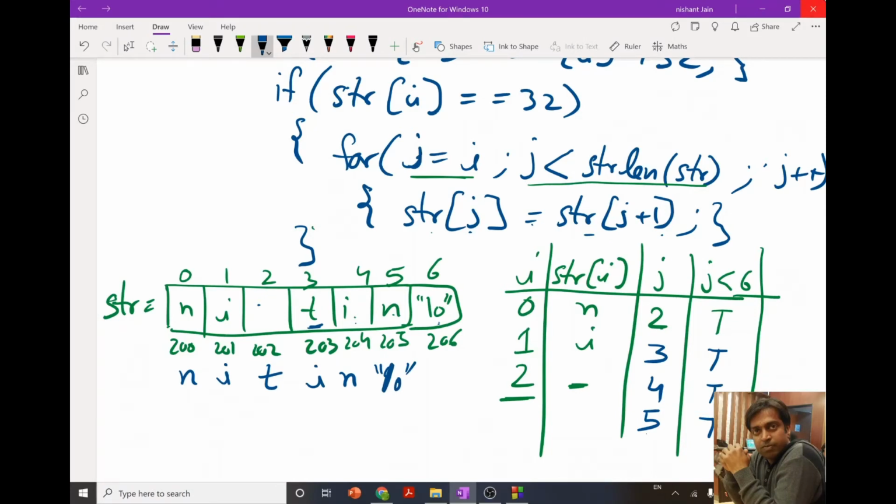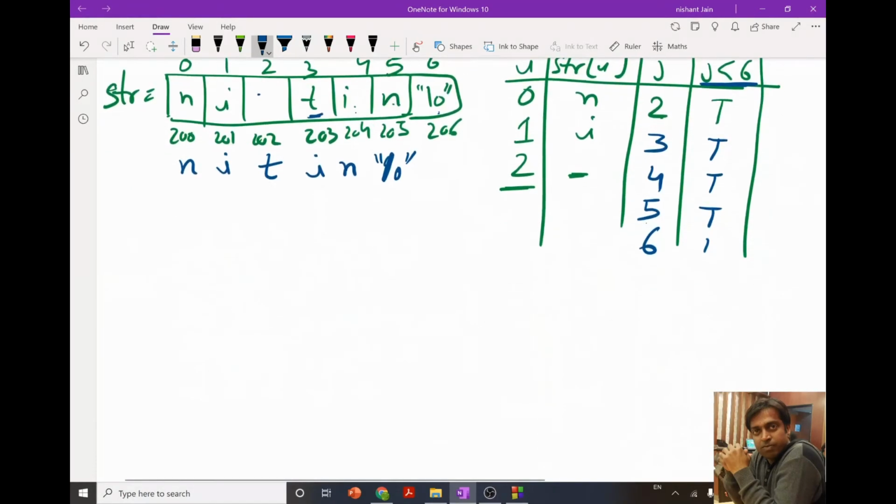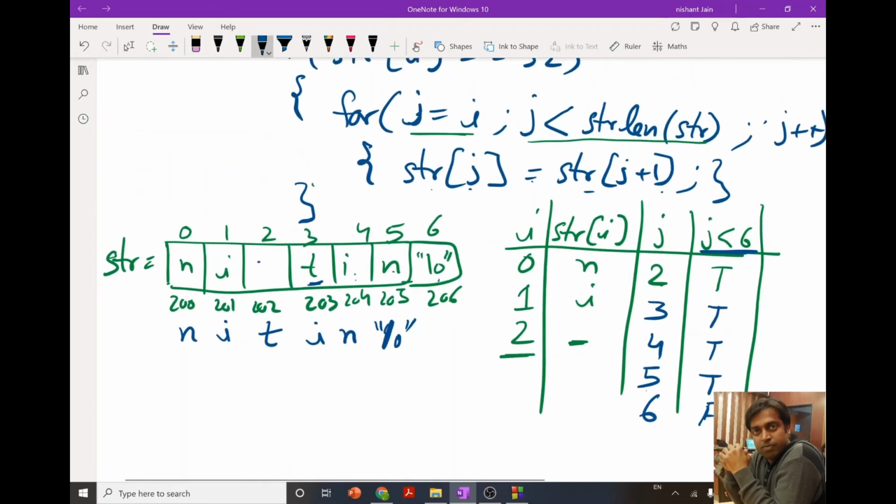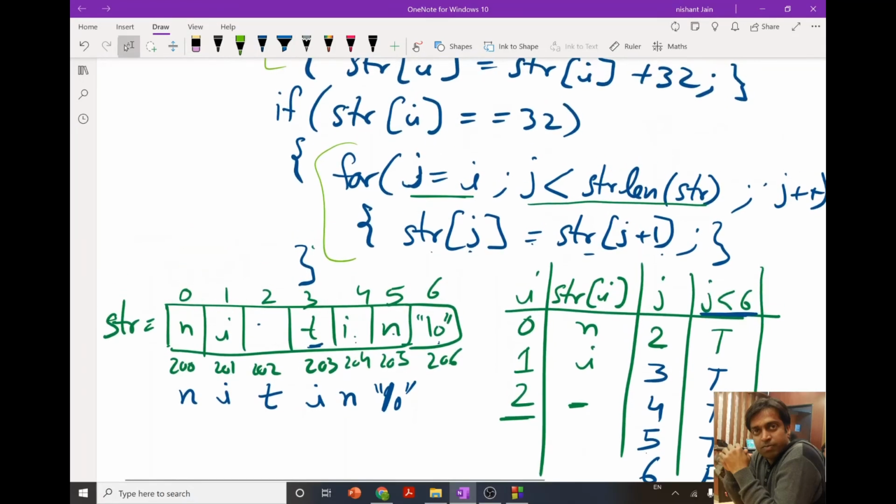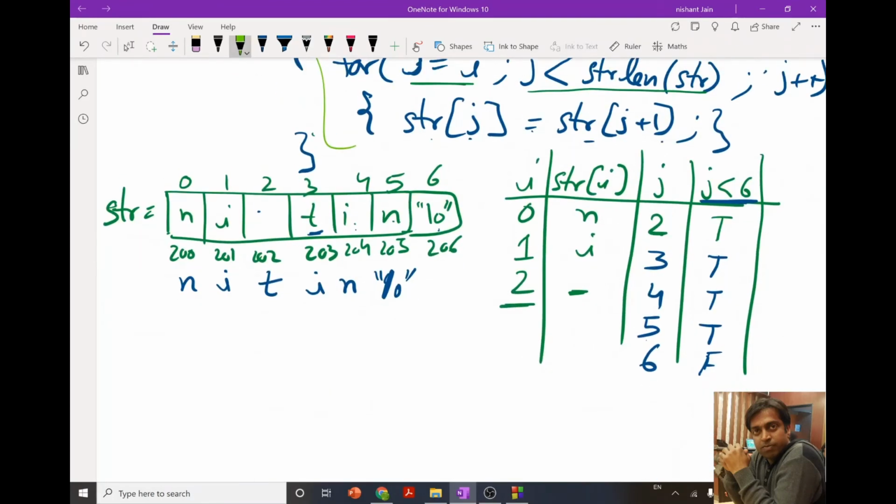Now the value of j becomes 6, and since now this condition becomes false, we will not execute this particular statement, and then we will go to the next value of i, which is 3.